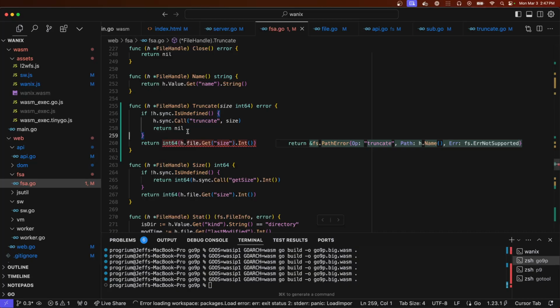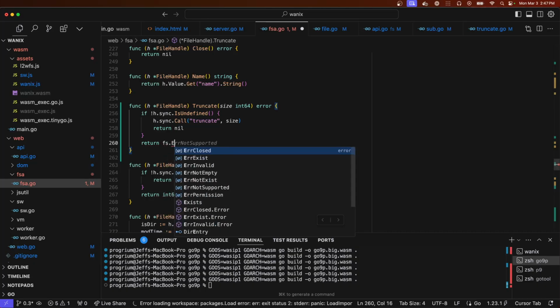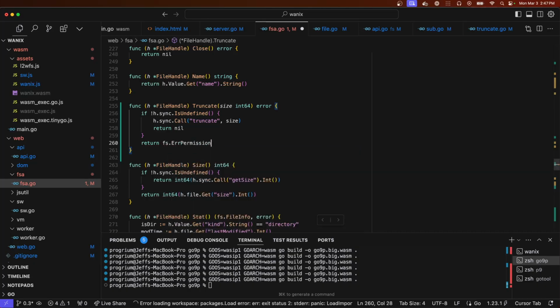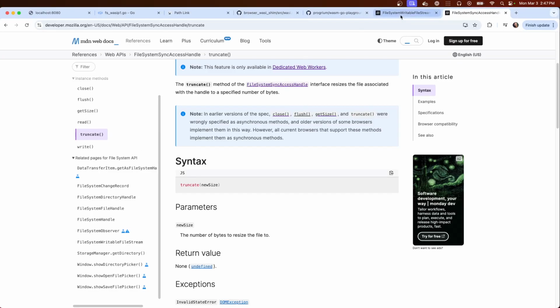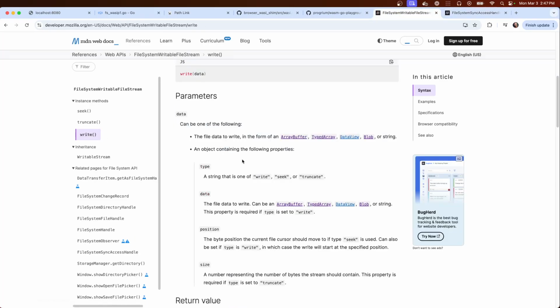Otherwise, if writer is not undefined, so this is this one, so we'll try doing a write.